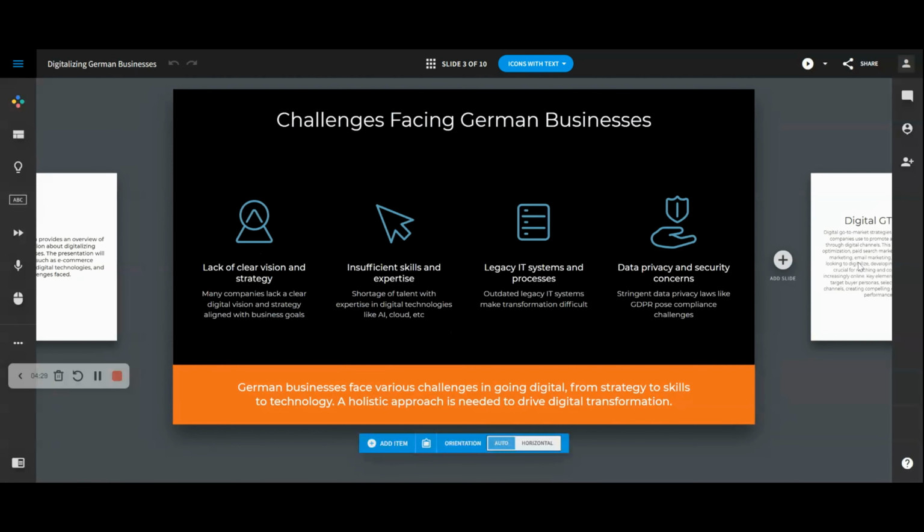We go to challenges facing German businesses. So this is quite good: the lack of clear vision and strategy, insufficient skills and expertise as well, legacy IT systems and processes, data privacy and security concerns. It's not 100% what I aimed for direction-wise, but there are some really good topics that I can dive deeper into